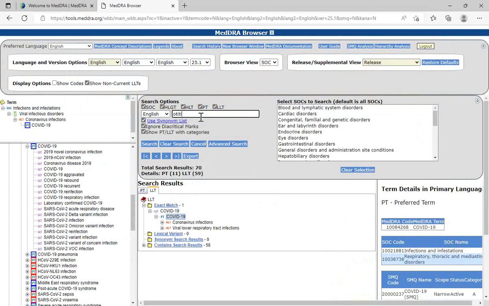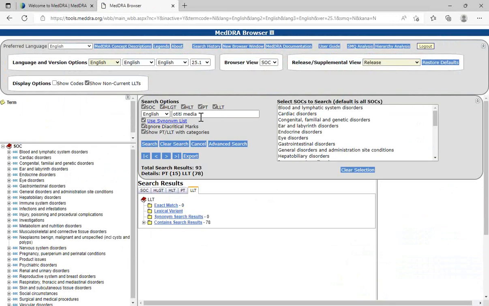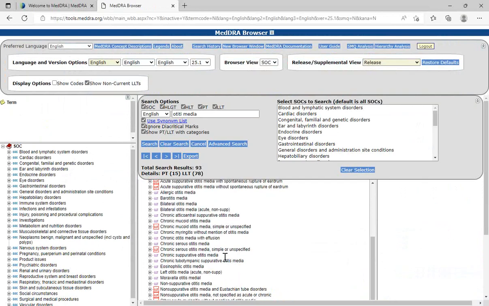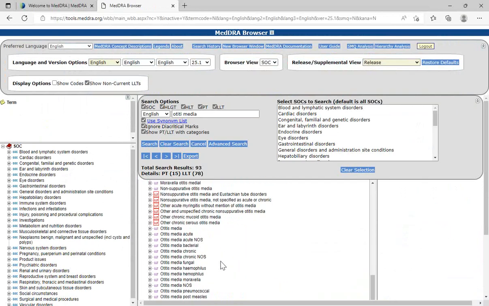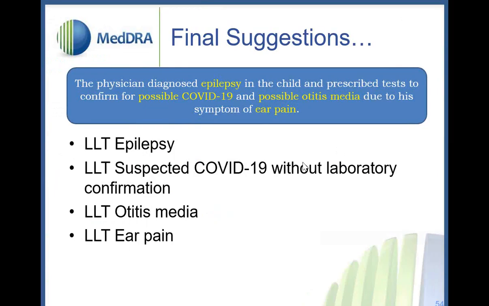Otitis, if I can spell otitis media. Okay, so I want to look for the term otitis media. This is basically just a direct match. Otitis media, otitis media. We did code that and captured that because it's mentioned as a provisional diagnosis, as well as the sign and symptom of that, which was ear pain. We captured both based on the approach recommended in the PTC document. Okay.